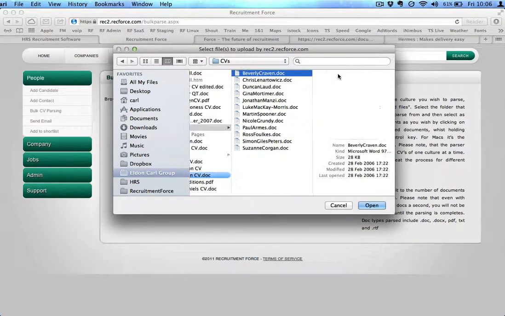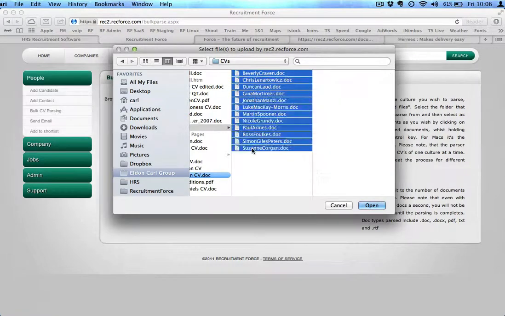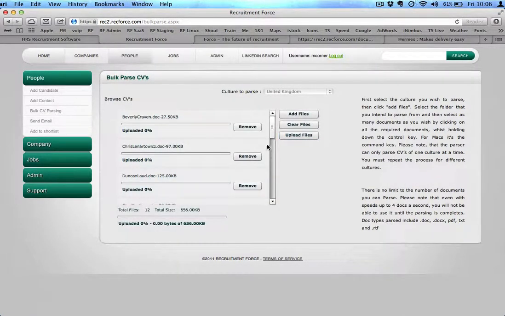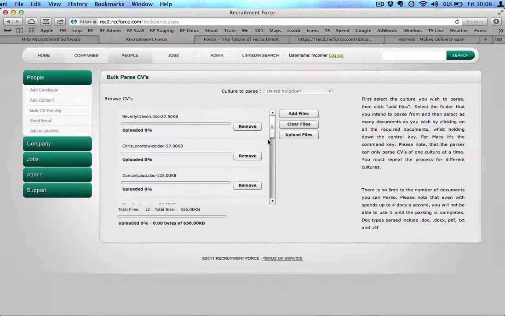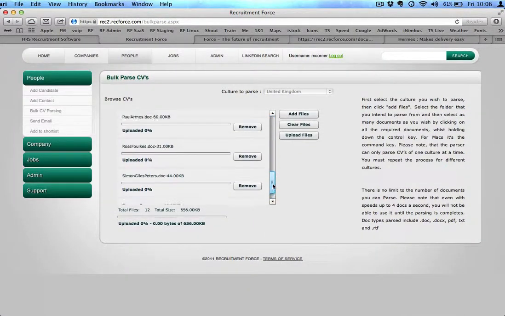Let's go back into, let's take all of these actually. We'll just take all these CVs, they're all real CVs, open them up, and you'll see that we have a list of CVs here ready to go. You can remove any one of these, any CV that you're not happy with or you don't want to import, and then click on the upload files, and these records will instantly start being parsed and will be uploaded very